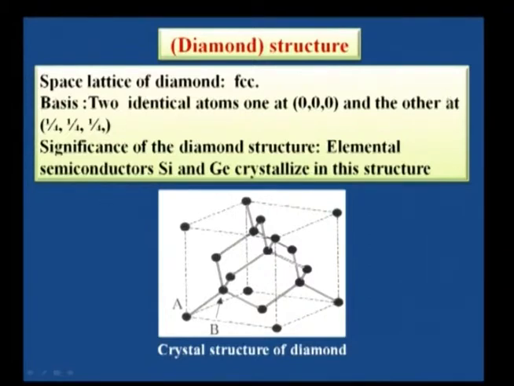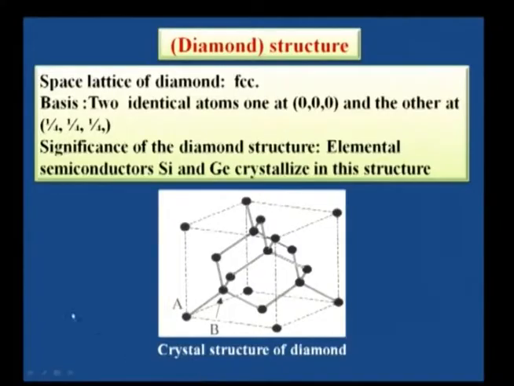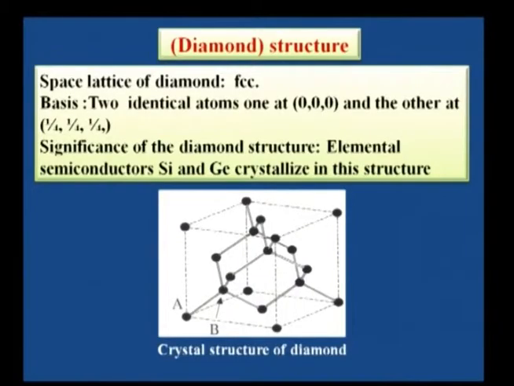The space lattice is FCC. If two such interlocking lattices are there, that gives rise to this kind of structure. It looks complicated, but it is nothing but two interpenetrating FCC lattices. This is what you are having. Now, I want to calculate for the semiconductors, silicon and germanium, which crystallize in this structure. You have heard of a lot of applications of silicon: the SCR, the silicon rectifier,